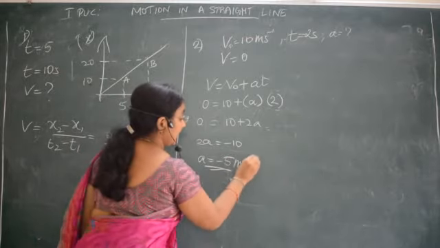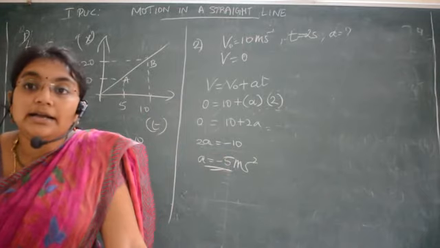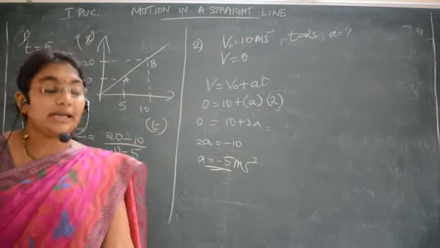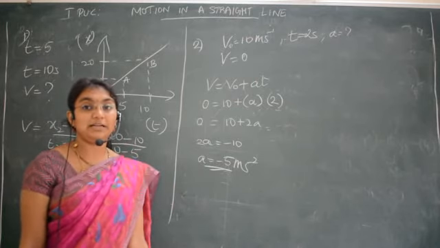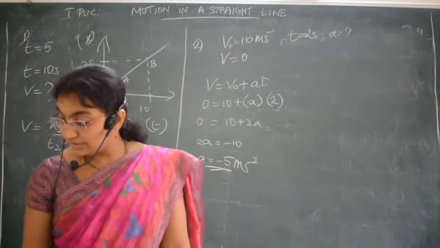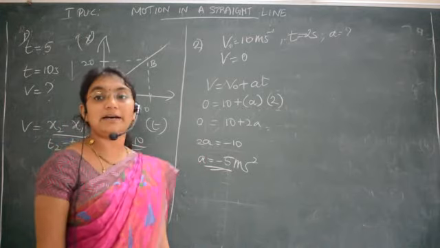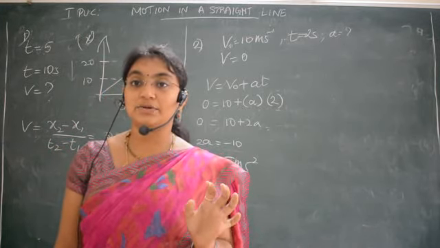Meter per second square. Minus means it is nothing but retardation. That itself they have asked us to calculate. Therefore, the answer is minus 5 meter per second square. And the question is what? The retardation. Hence, retardation is 5 meter per second square. In the sentence you should not write minus with the word retardation.